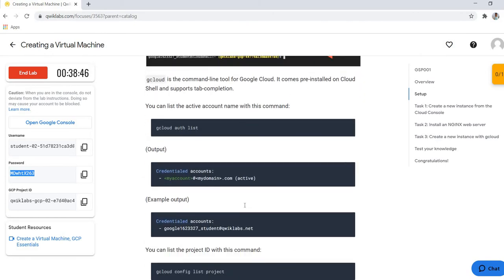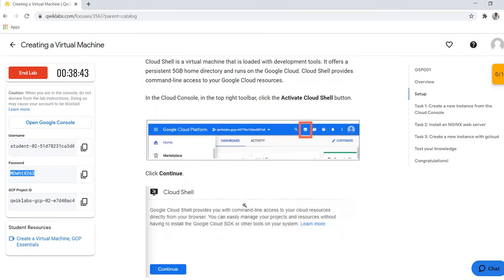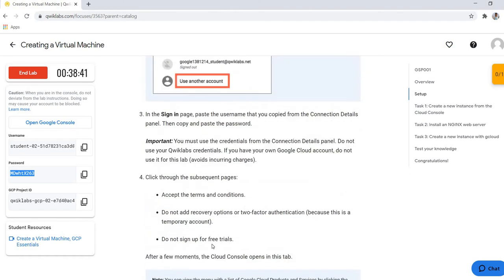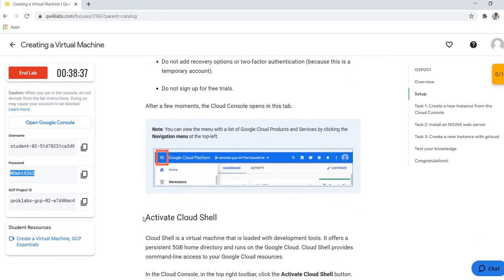We have already logged in. So first of all, we have to open our Cloud Shell. Here it is instructed that we have to activate our Cloud Shell.